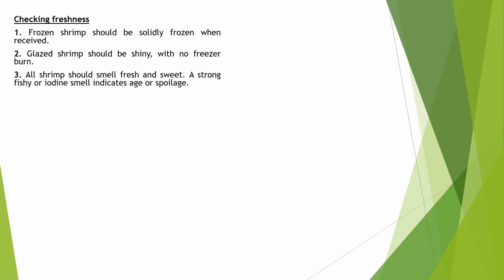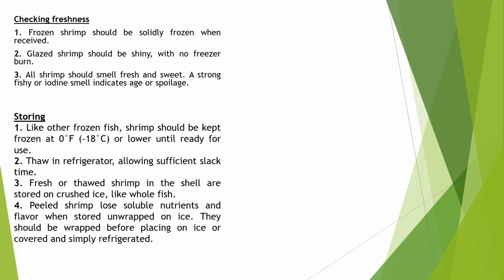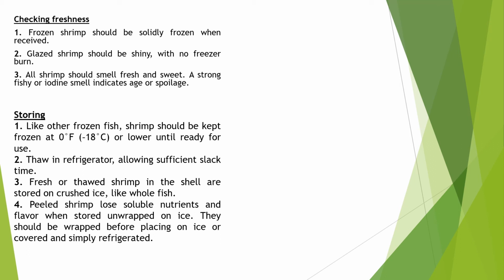Now checking for freshness. Frozen shrimp should be solid frozen when received. Glazed shrimp should be shiny with no frizz or burn. Iced shrimp should smell fresh and sweet. A strong fishy or iodine smell indicates age or spoilage. For storage, like other frozen fish, shrimp should be kept frozen at 0 degrees Fahrenheit or lower until ready to